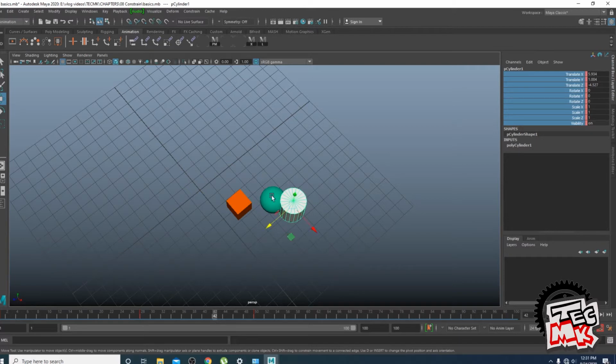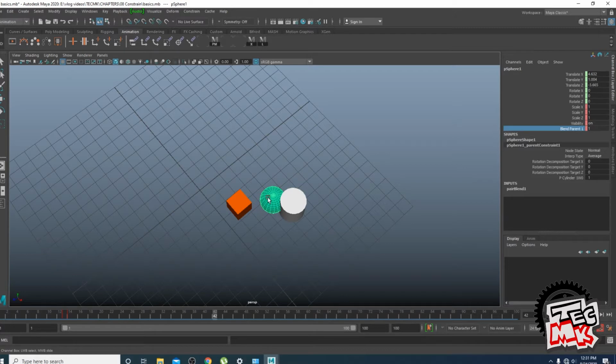So what we will do, as we know, there's a switch on and switch off. Till now the sphere is switched on with the cylinder, and it will stay attached to the cylinder as long as the switch is on. So now, in 42, the blend parent that is switched on, we will key selected. We'll go to the next frame and we'll make it 0. Key selected. So I have switched off the blend parent of the sphere with the cylinder. So what happens?